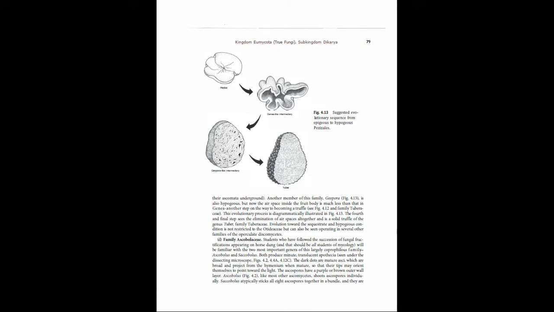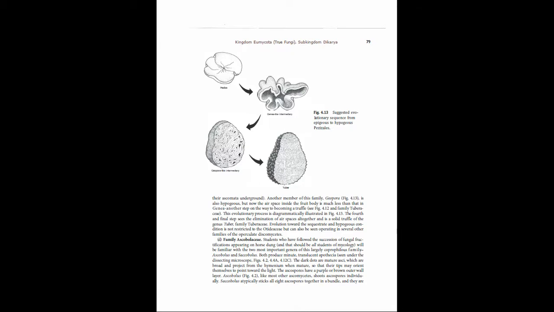Another member of this family, Geopora, Fig 4.13, is also hypogeous, but now the air space inside the fruit body is much less than that in Genea, another step on the way to becoming a truffle, see Fig 4.12 and family Tuberaceae. This evolutionary process is diagrammatically illustrated in Fig 4.13. The fourth and final step sees the elimination of air spaces altogether and is a solid truffle of the genus Tuber, family Tuberaceae. Evolution toward the sequestrate and hypogeous condition is not restricted to the Pyronemataceae but can also be seen operating in several other families of